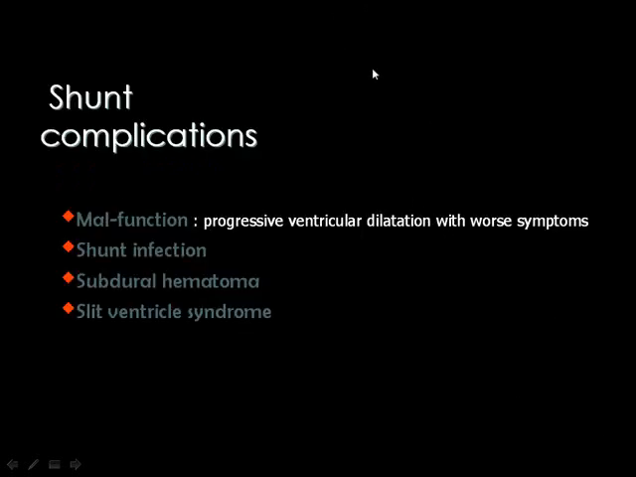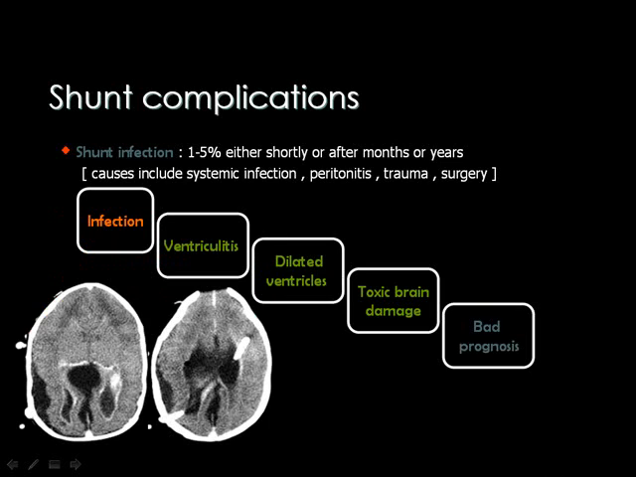Then a few words about the shunt complications, and these are 4 complications: either malfunction of the shunt tube, or shunt tube infection, or the production of subdural hematoma, or what we call the slit ventricle syndrome. Actually, to know the shunt tube malfunction, you need the follow-up scans, and if you see there is no change in the ventricular size, the periventricular edema is still present, you may suspect that the shunt tube is not working